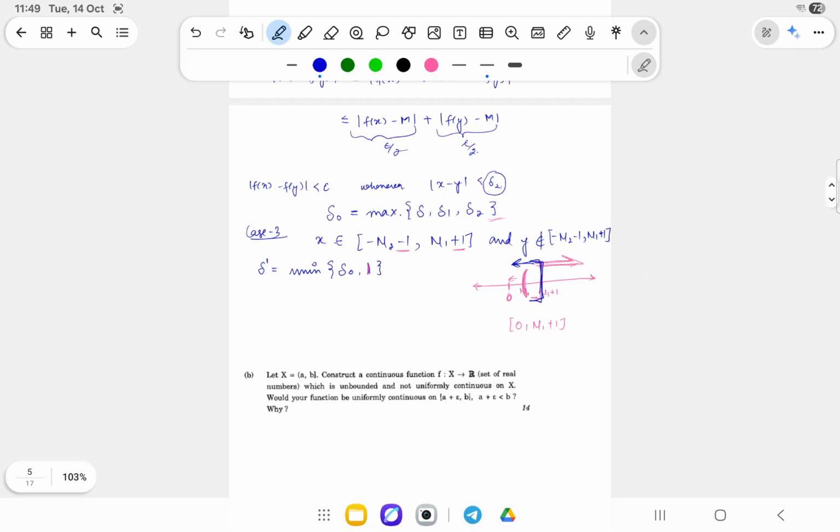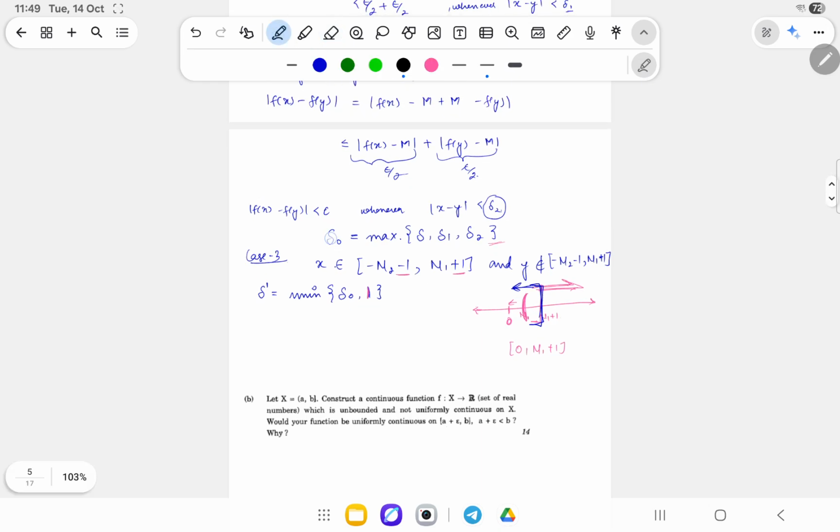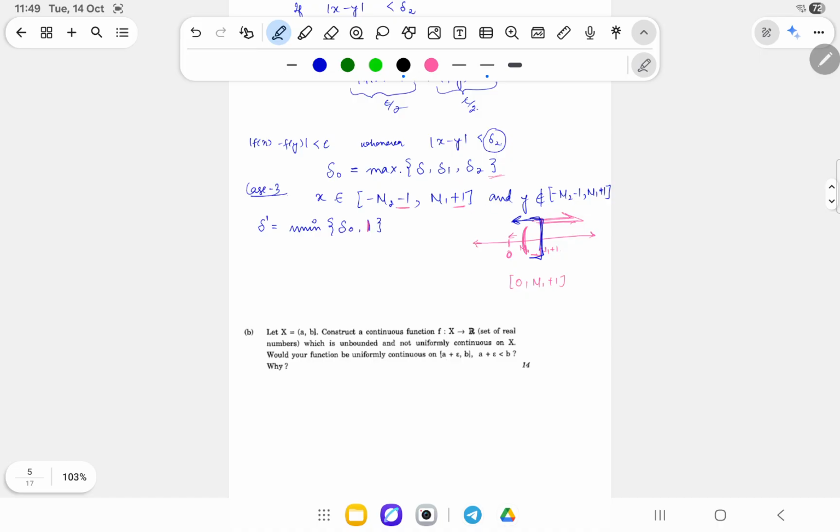So basically we can choose our delta dash as this, and this delta dash works for all the cases because this delta naught is covering all the above three cases, and this one thing is covering the buffer that we have chosen. So we got that for given epsilon greater than 0, there exists a delta dash defined as this, such that mod of f(x) minus f(y) is less than epsilon